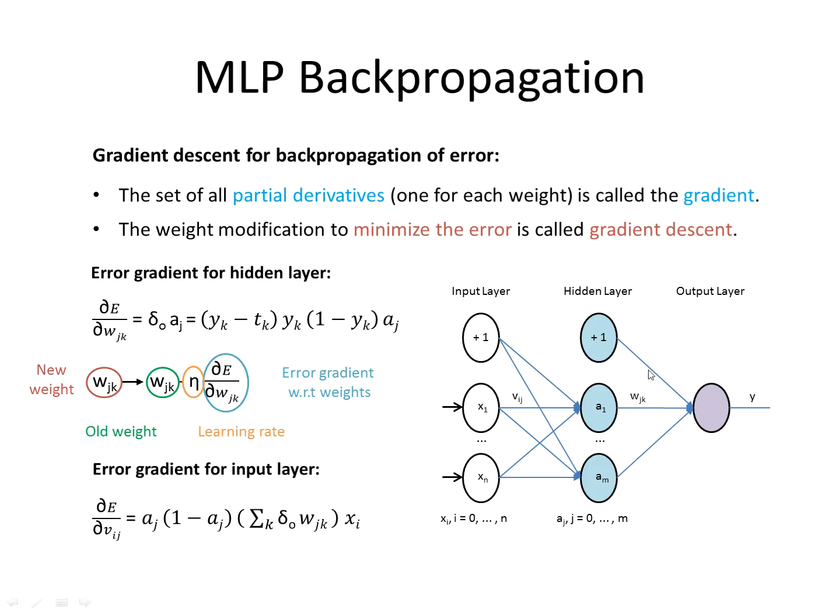So after we get the new weight for this output layer, we will move ahead with the backward pass again, in which we will now need to modify the weight of this hidden layer. For that, we will again take the error gradient of the input layer, in which we will use this formula, and for the weight modification, this rule is needed, similar to this one. This is the new weight, old weight, minus the learning rate times the error gradient with respect to weights.